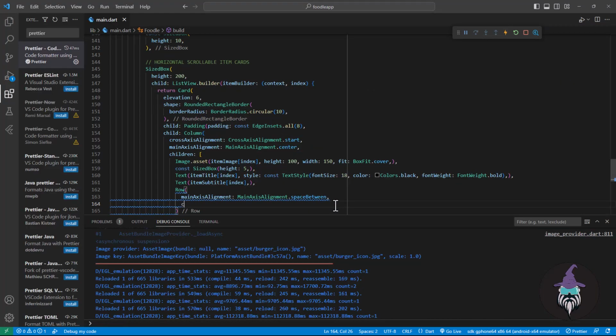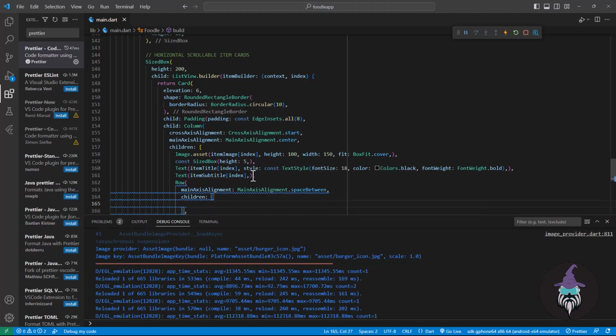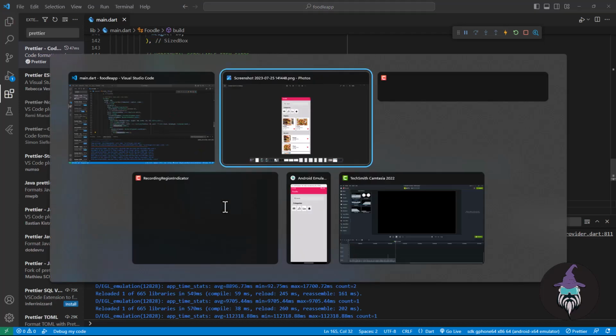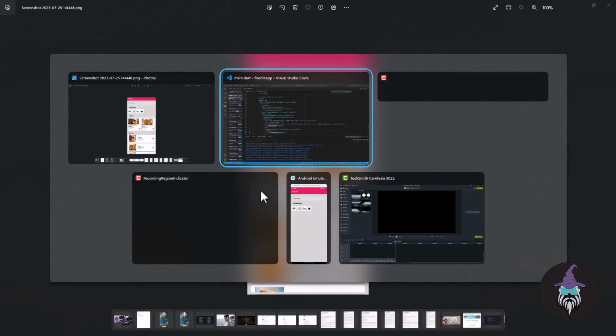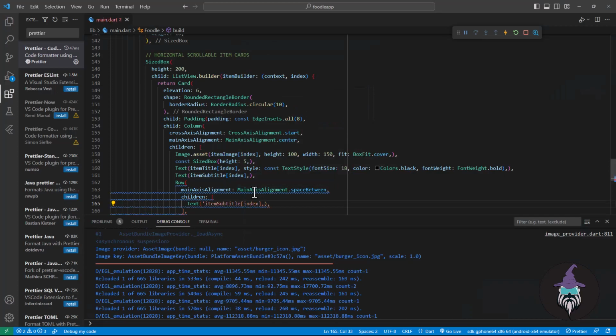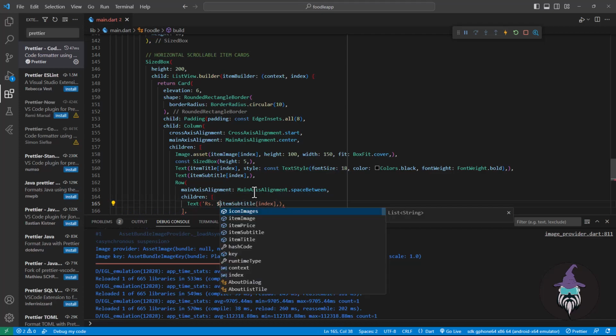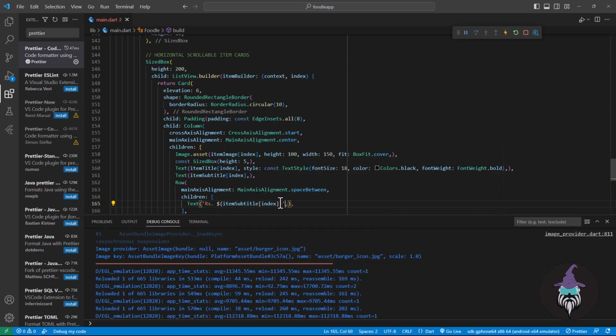And the children will be a text, so copy this one from here, Ctrl C, Ctrl V, and we also have to add rupees for the text, so Rs. and concatenate with this price, and close the parenthesis, and we have the price here,